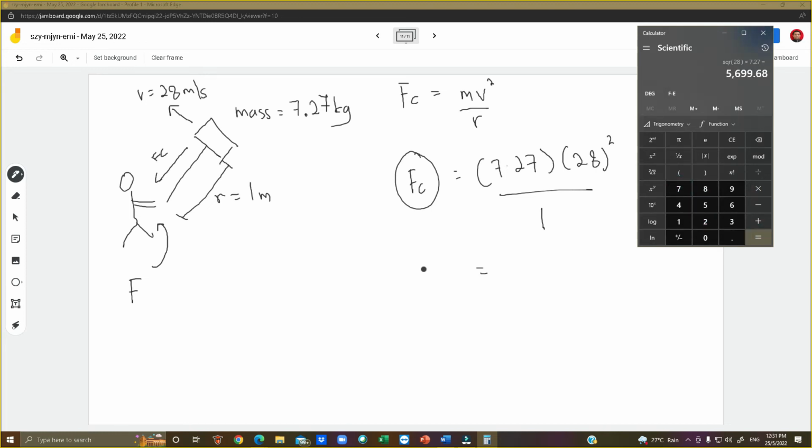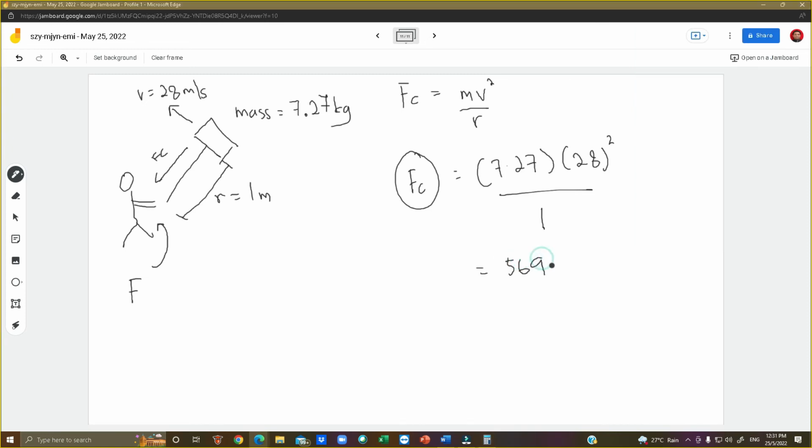We have 5699.6 Newton. Or we can simplify this to be 5.699 kilo Newton. These are the amount of force needed in order to keep that hammer rotating and achieve that